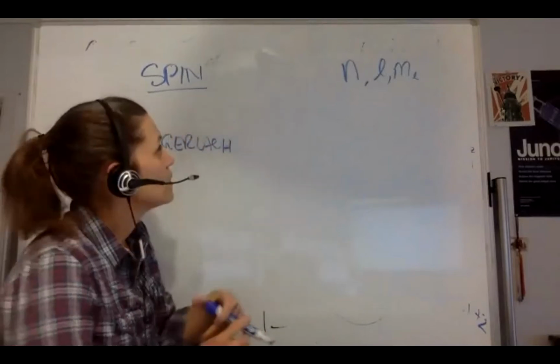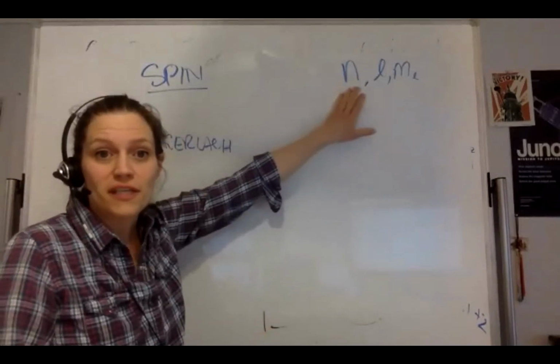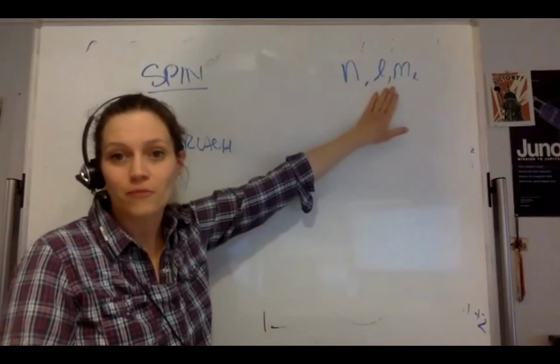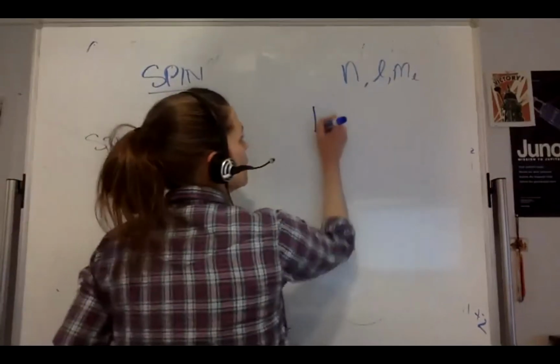Go team. We have quantum numbers, n, l, and m sub l, that come from, you guessed it,